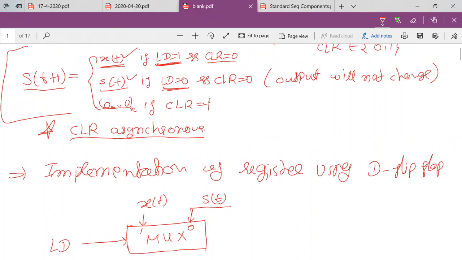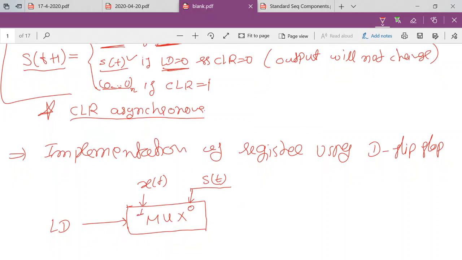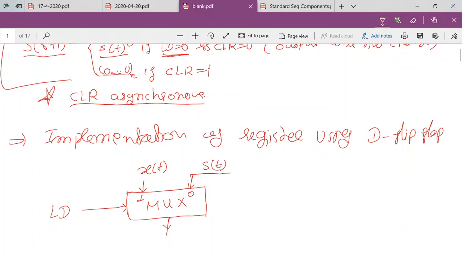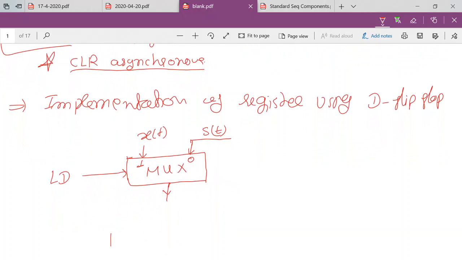If ld is equal to 1, the input at the first location will be provided at the z, or the output side, right? So this will be your output, and if ld is equal to 0, the output would be st, and that's what we want. Now we can use a delay flip-flop here, and this output we can provide directly to the input of the delay flip-flop. The output of the delay flip-flop we represent with Q most of the time. We can connect in this manner.